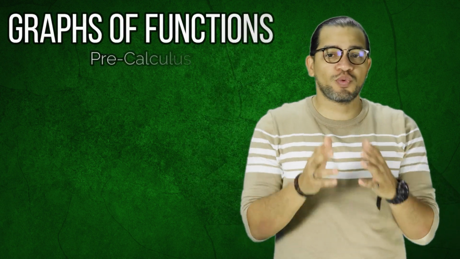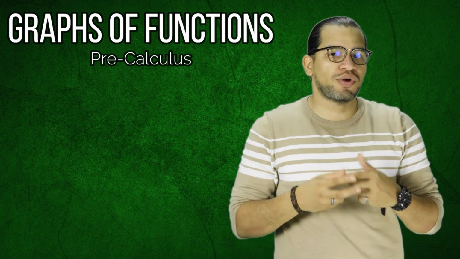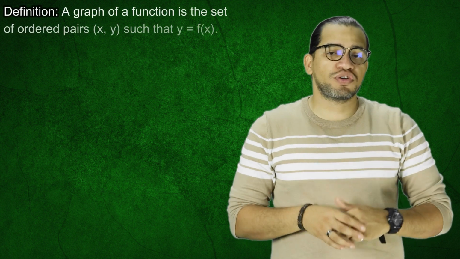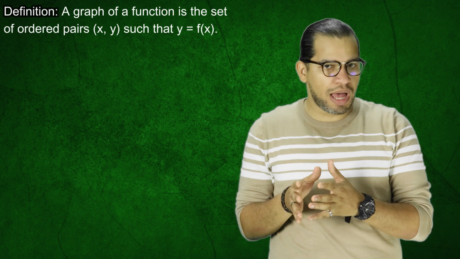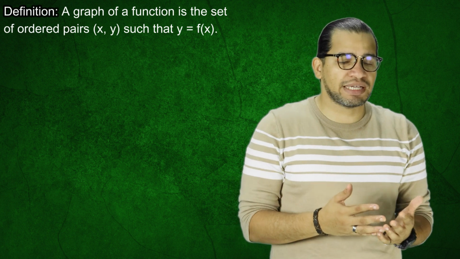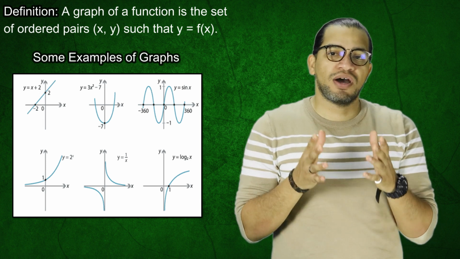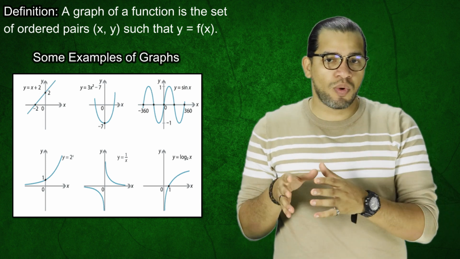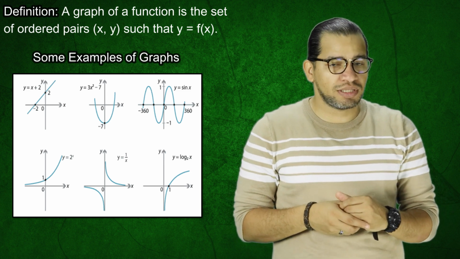In today's lesson, we are going to learn how to represent a function using graphs. A graph of a function f is the set of all ordered pairs (x, y) such that f(x) is equal to y. In other words, the set of ordered pairs (x, y) are Cartesian coordinates of points in a